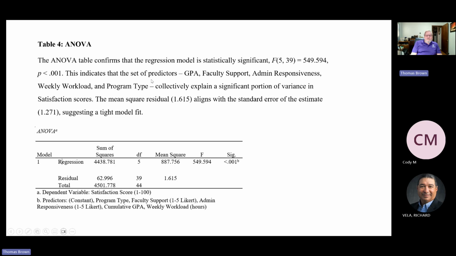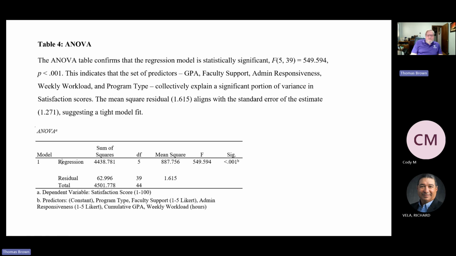This indicates the set of predictors, and we'll list them here: grade point average, faculty support, admin responsiveness, weekly workload, and program type collectively, I'm glad we got to use that word, explain a significant portion of